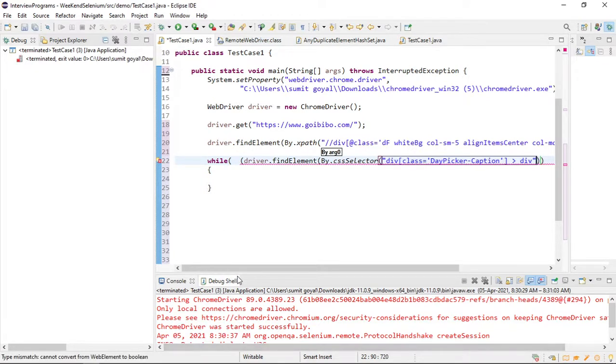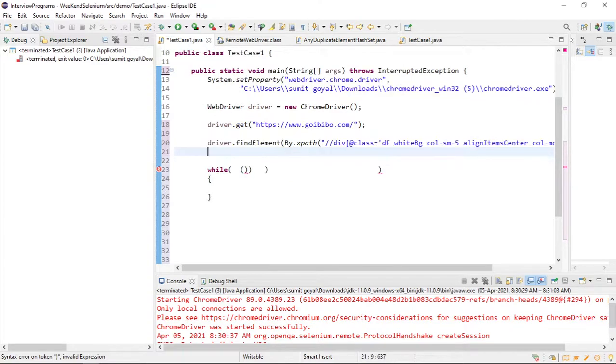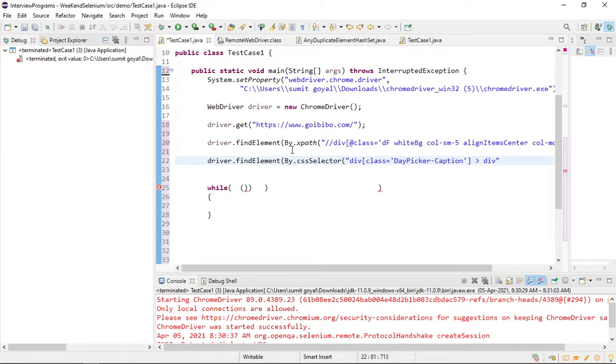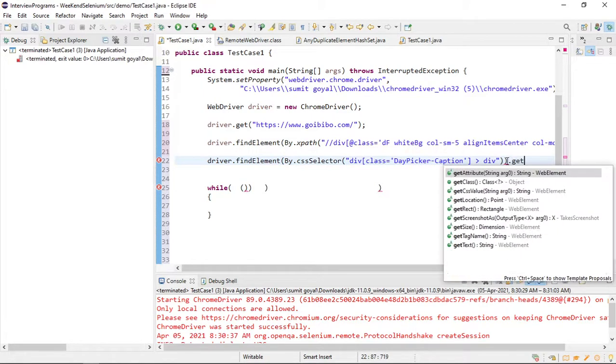So here what I'm trying to do, let me write it outside. First let me write right side, and once I identify my web element, I will say get text.